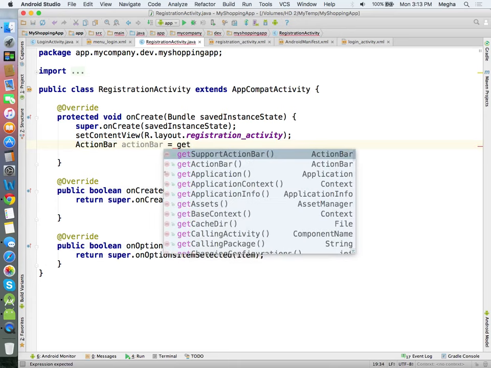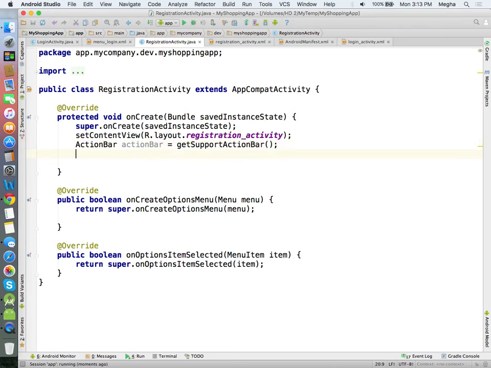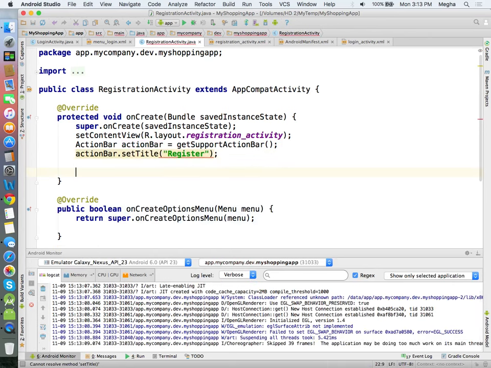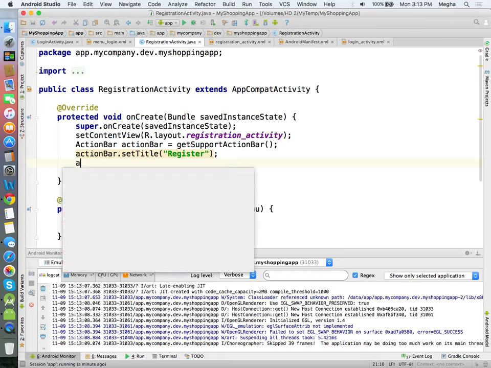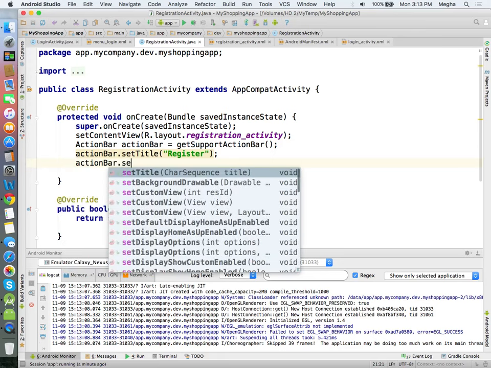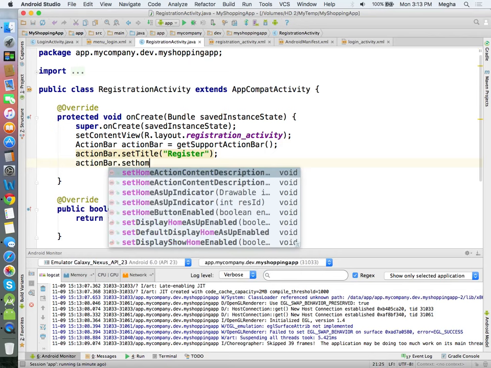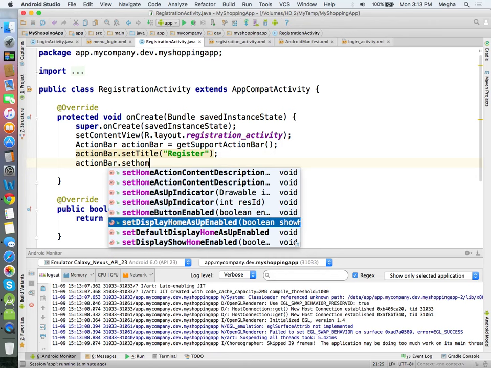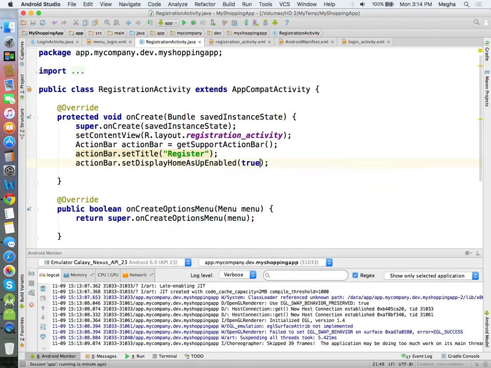You should always make sure the support package is imported. Set home as up enabled. I'll let you know what that is.